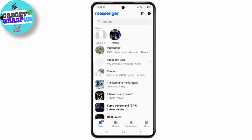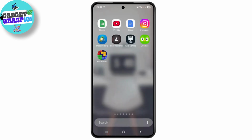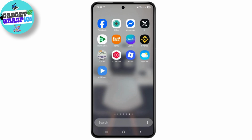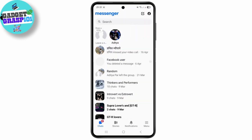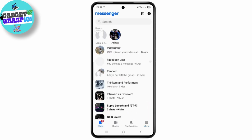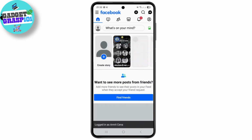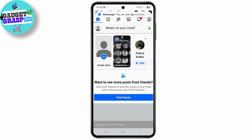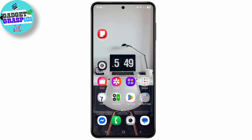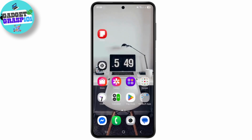So whenever you try to open Messenger and it automatically logs you out, then in that case first what you need to do is just make sure you have connected your Facebook with the same account in which you are using currently on Messenger. So in this case I'm using this account on my Messenger, so you must make sure that you have logged into the same account on your Facebook as well. So as you can see now I'm currently logged in with my Facebook account with the same account that I used on Messenger, and I will simply check it out. So it's working for me,